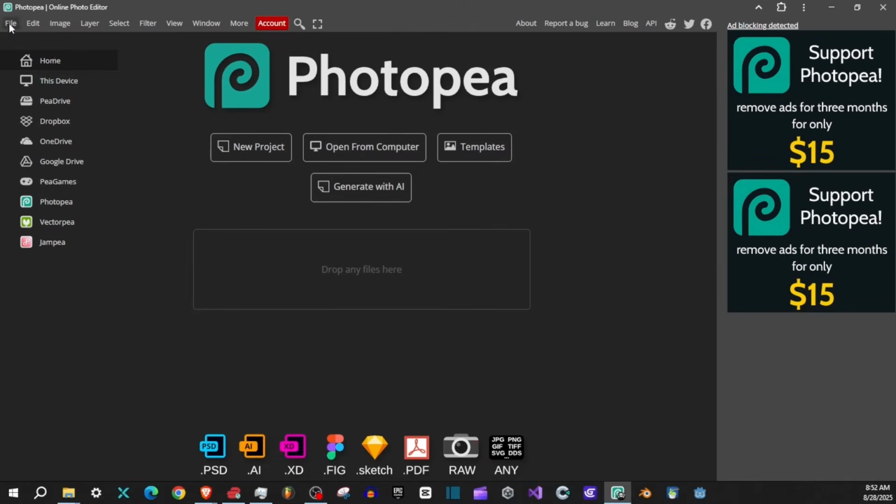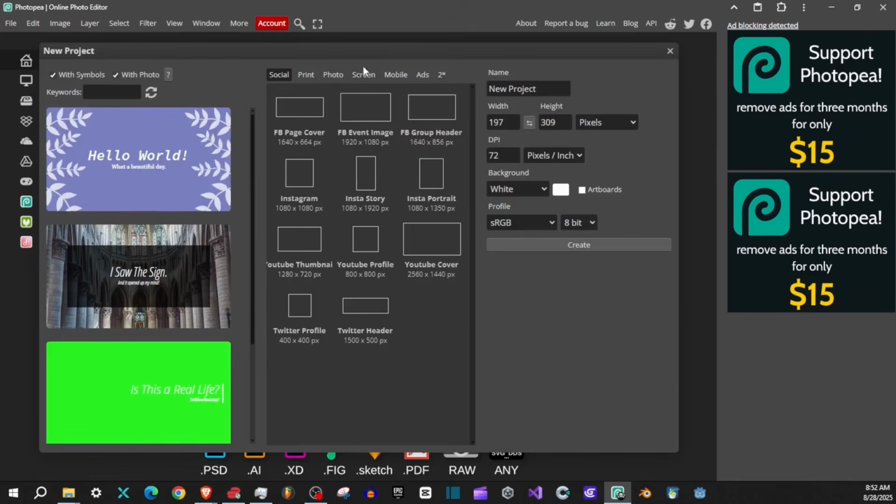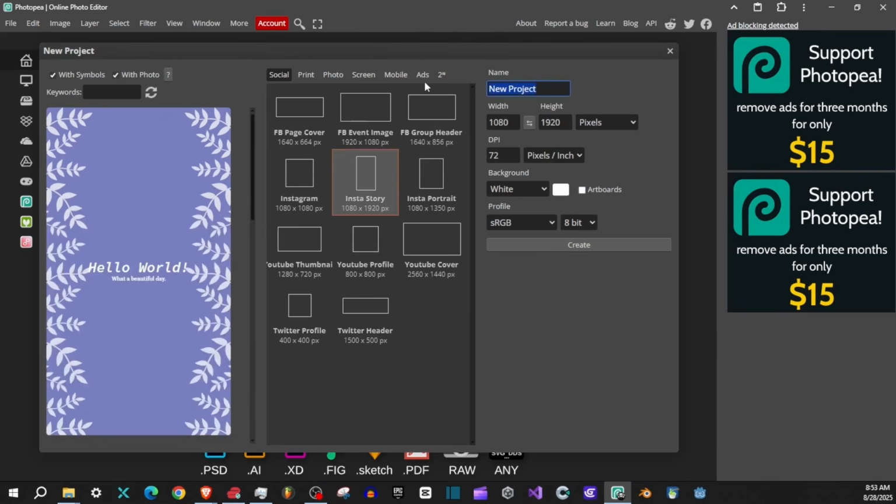So the first thing you want to do is hit File, New, go to Insta Story right here. You could also pick FB Event Image if you want. The top one right here, FB Event Image, is, I'm guessing, Facebook event, but this is the same ratio that we're looking for when we do HD or 1080p, and this is vertical 1080p. So we can click Insta Story for the vertical, and we'll say,